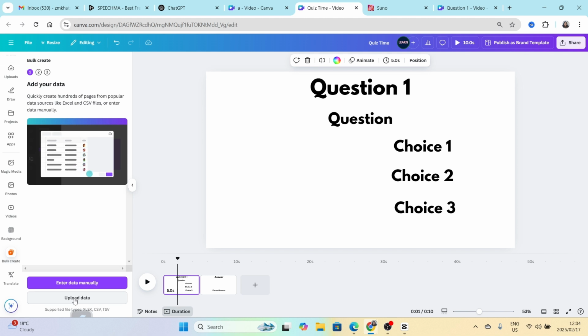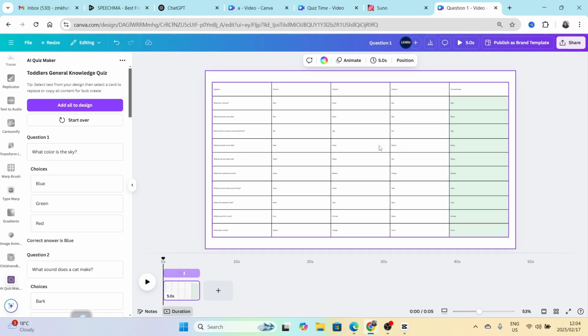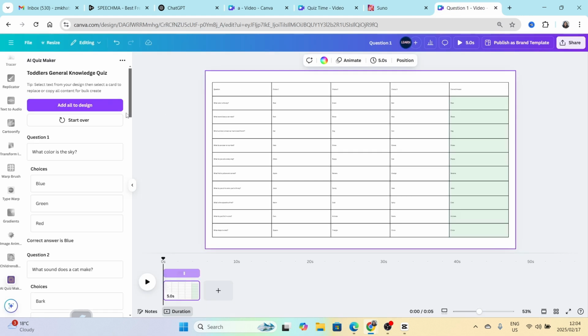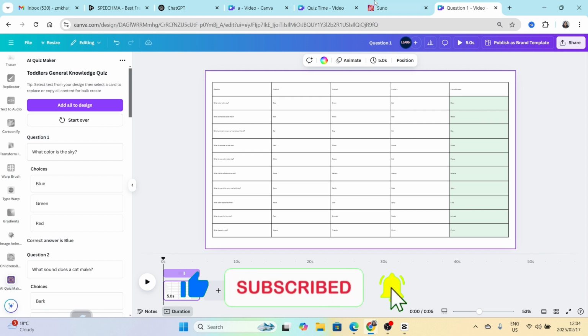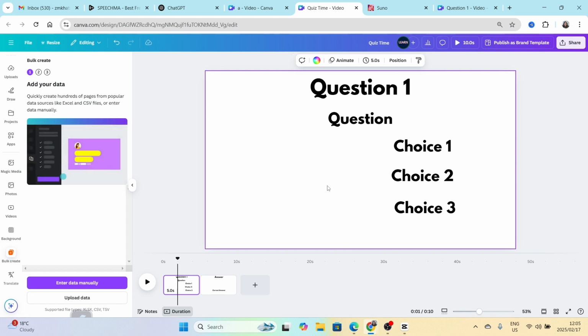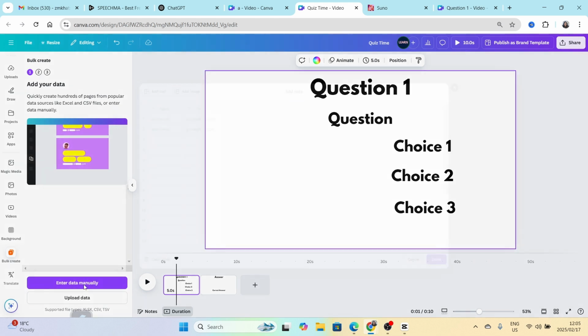You can go the long route to have the CSV downloaded from your tab. I wouldn't do that. I really wouldn't, because it would waste your time. The easiest way is to enter the data manually, which is why they gave us the option to copy the content so that you do the bulk create. So I'm going to go to my bulk create page and click where it says enter data